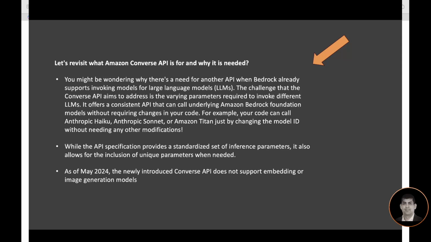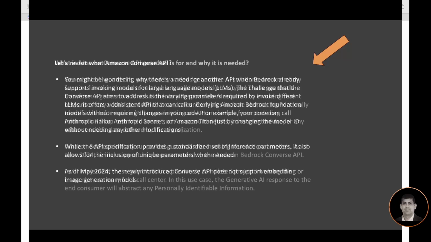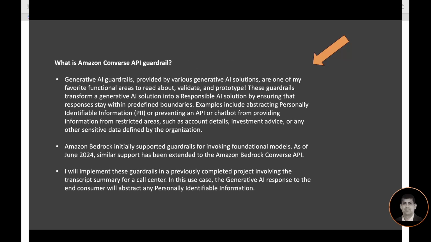It will also allow for unique parameters if needed, and this is a new API that really simplifies the approach to call the underlying foundation model. Guardrail, very neat feature. I would say that it's a must-have feature if you are looking to implement a GenAI solution, because it provides you control, or guardrails, around your prompt and the response that's being generated and shared with